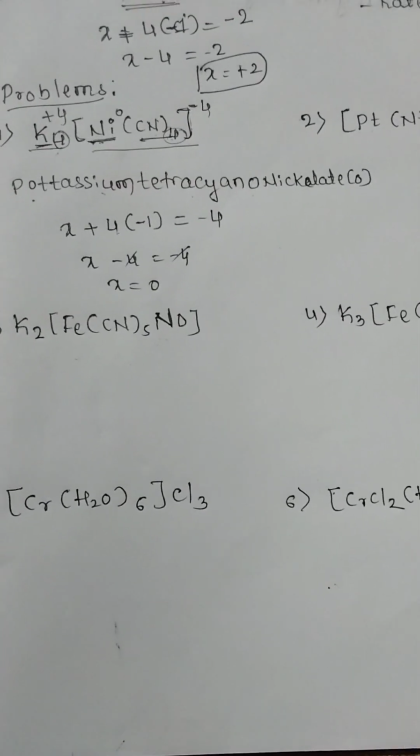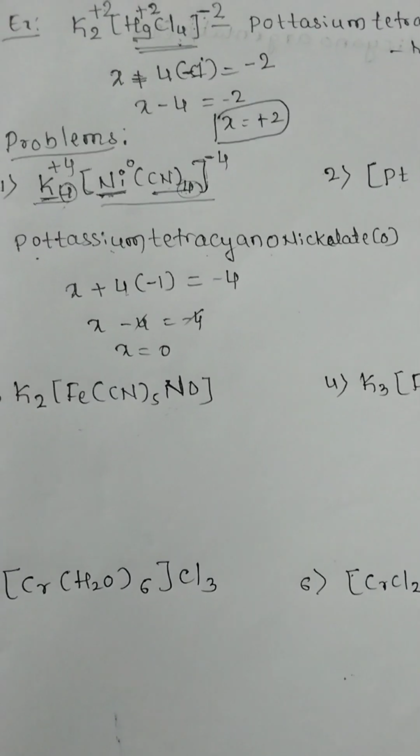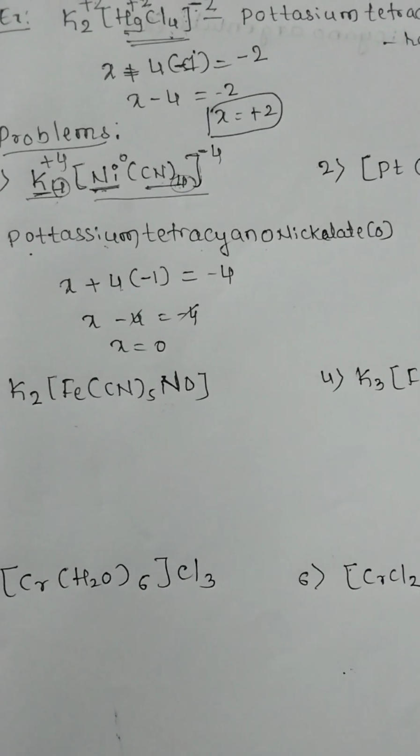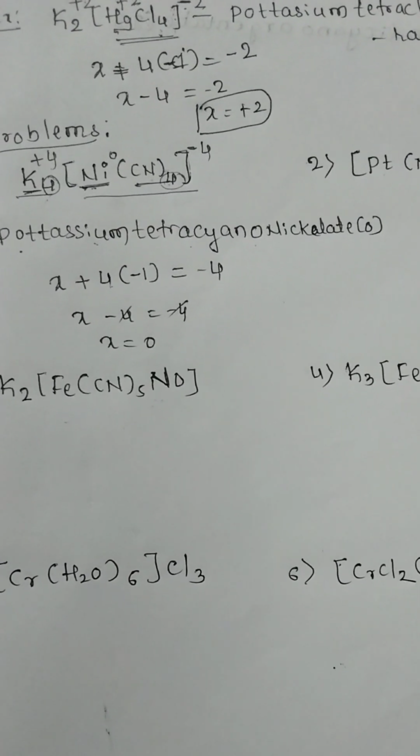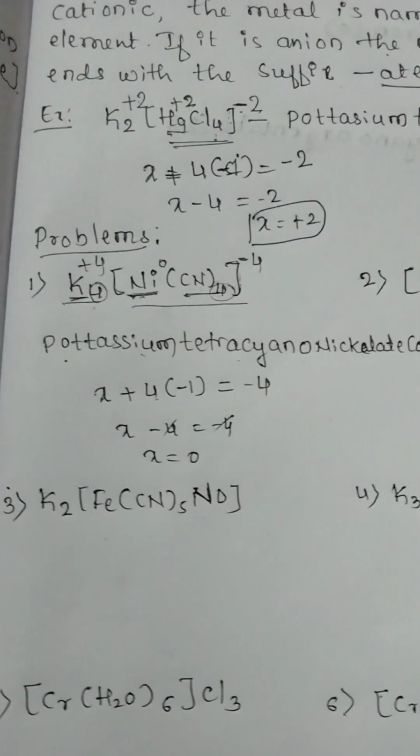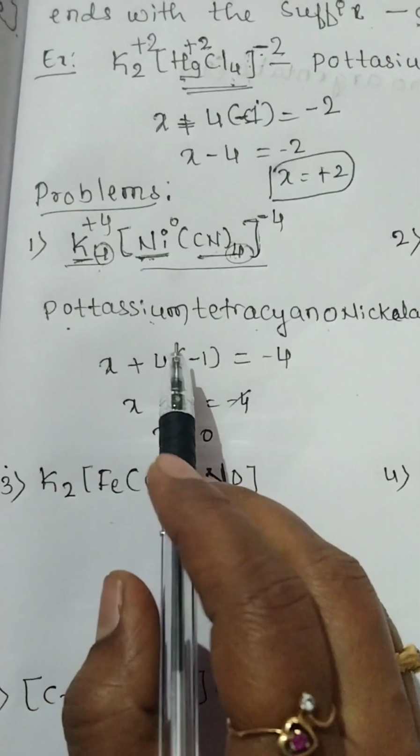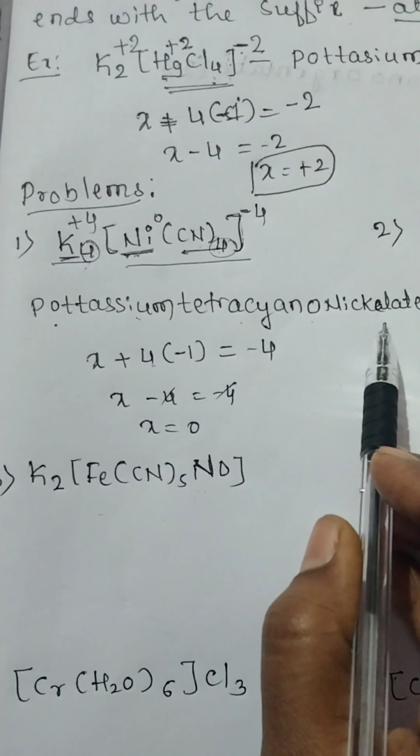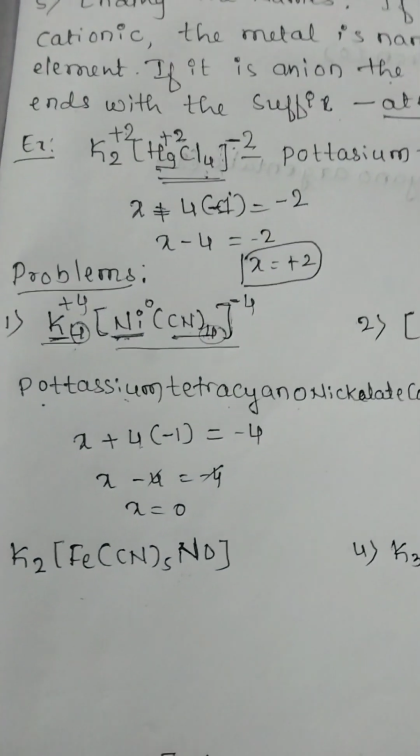In a previous video, we have learned some nomenclature rules for naming coordination compounds. Now let us solve some problems here. I have already solved one problem, that is potassium tetracyanonickelate(0). As per the rules, first we have to name the